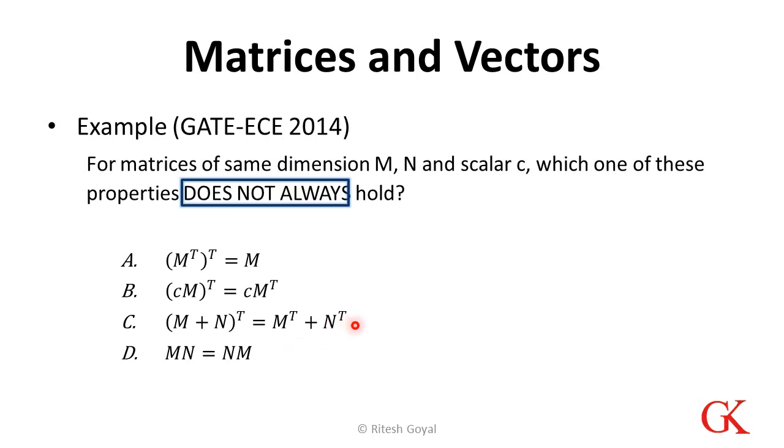So we need not worry about even the third when we thought we may revisit it because we got the correct answer. So in this case, we know MN equals to NM is not possible and we mark this as answer, and as you see, this was completely based on the properties we discussed. There was nothing extra, and if you would have remembered properties properly in the exam, you basically earned 1 mark.